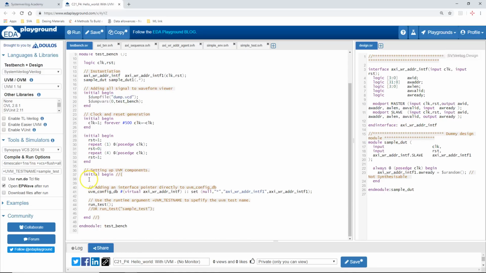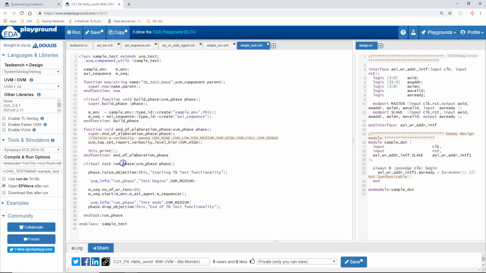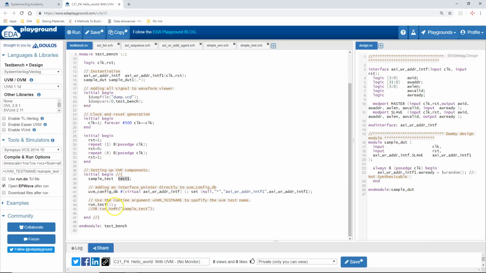Within an initial begin, you need to create the top level test class, an instance of a sample test, and call this sample test dot run task method, so that your sequence will be started on the sequencer and the stimulus will be injected.